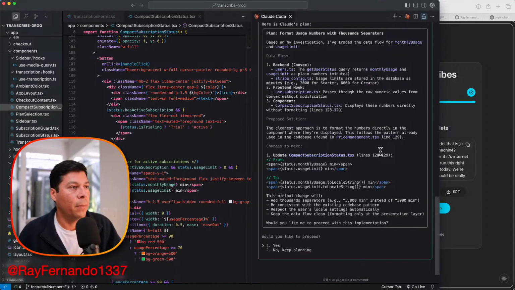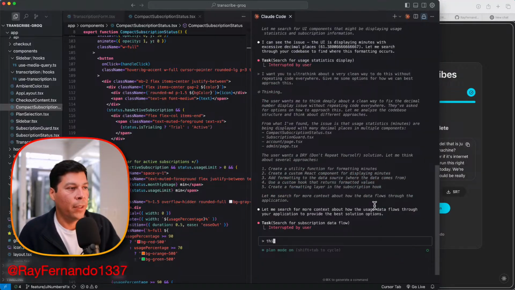Changes to make. So update the compact subscription status from this to this. toLocaleString, minutes. Okay, so we're just going to add this modifier to this for the display. This minimal change will add the thousands separator instead of plain minutes. Be consistent with the existing codebase pattern. Okay, keep the data flow clean. Okay, this looks good. This looks good, but what about for my